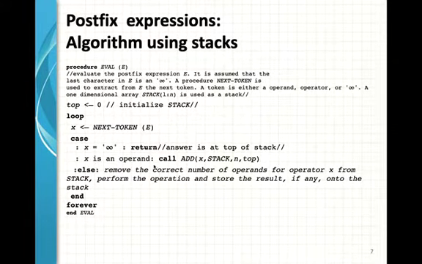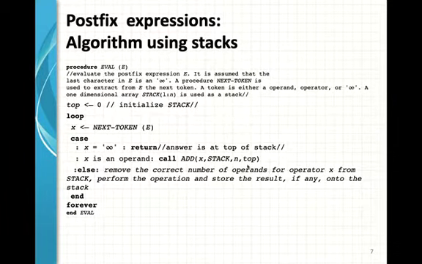Here x is an operand, then call add x stack top. This add function is called for the stack. There is a stack, and in the stack we are going to put the item, like here x, and the stack size is n, and top is 0 now.